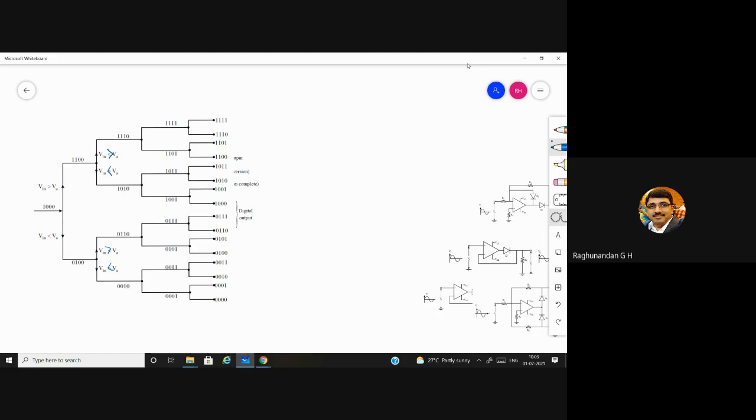Anybody can explain this? Sir, I can try, sir. Okay. Yeah. So when we give an input, like say that's 1000, it'll check if it's greater than VA or if it's lesser than VA. If VN is greater than VA, the first bit will remain like that only, but the second bit will be increased. Okay. Similarly, if VN is lesser than VA, the first bit is decreased. So if it's 1, it's 0, and the second bit will be increased. Similarly, the process keeps on continuing until the last bit can be changed. That is, it happens 4 times.